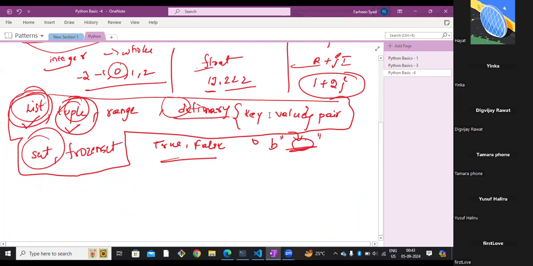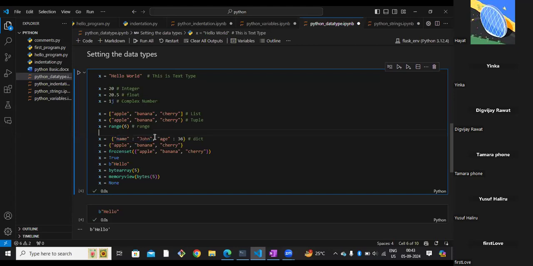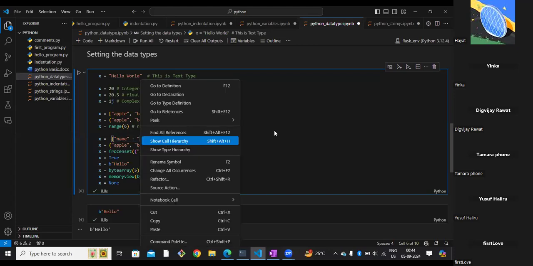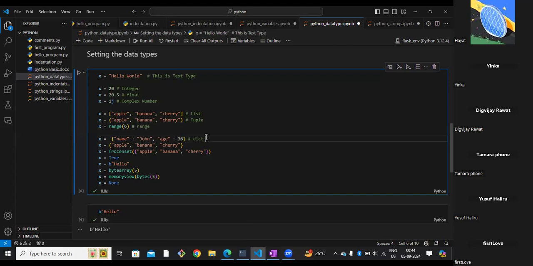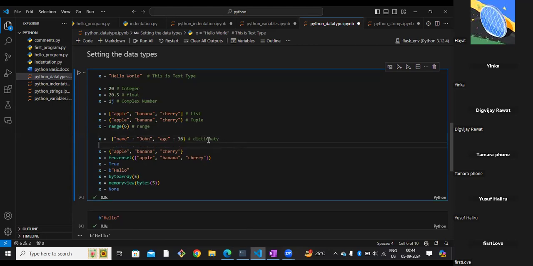This is going to be the key, then we use a colon and the value. Sometimes we see these two look similar while declaring with curly braces, but they are entirely different. Here we have key value pairs, and here